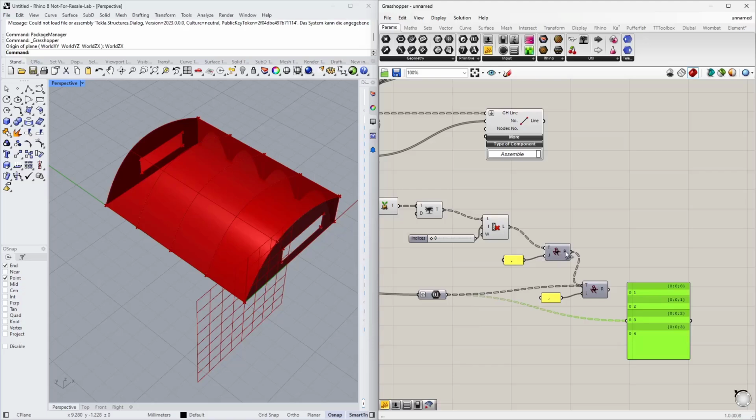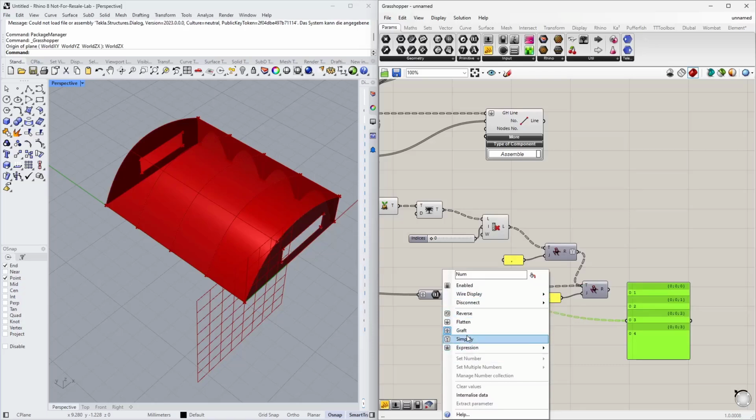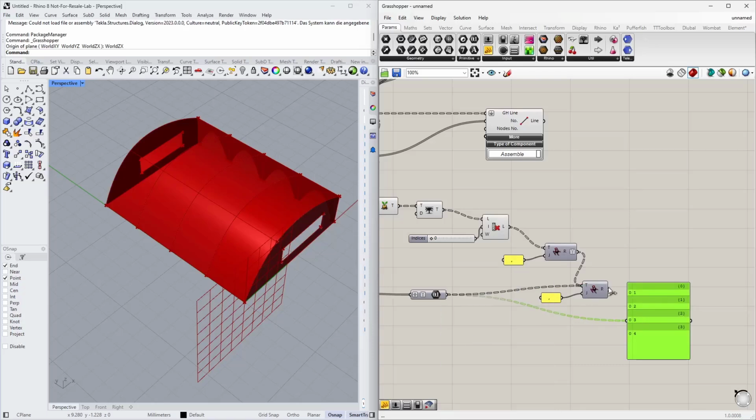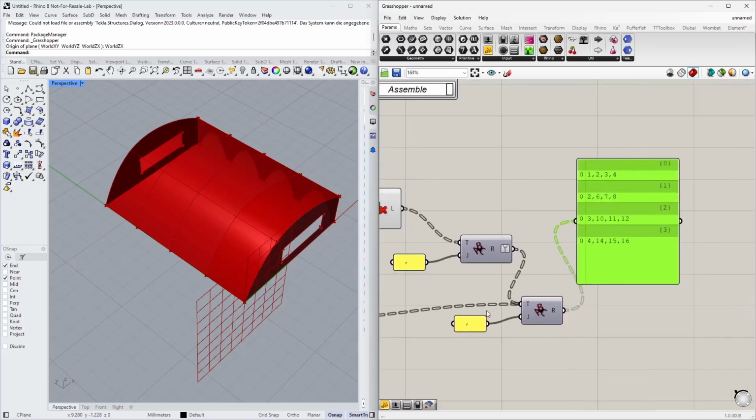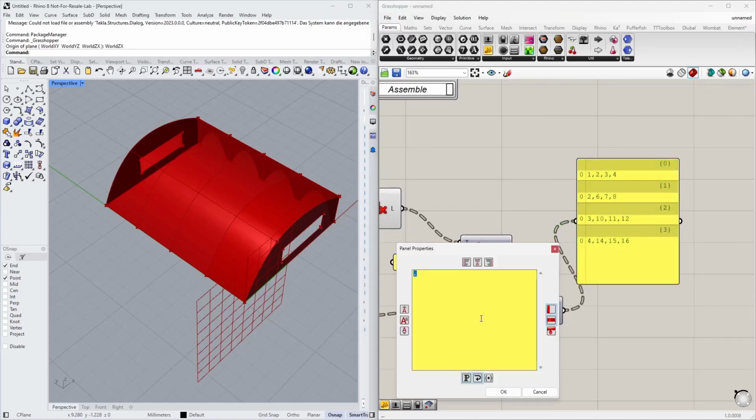I just have to be careful to use the same grouping. So I simplify my groups, and now I have exactly what I need, just not the right division